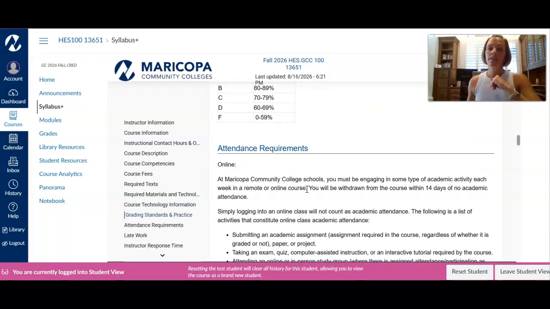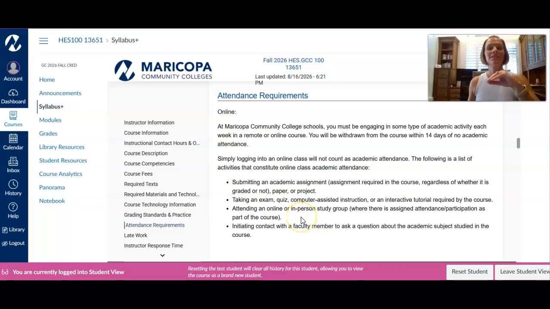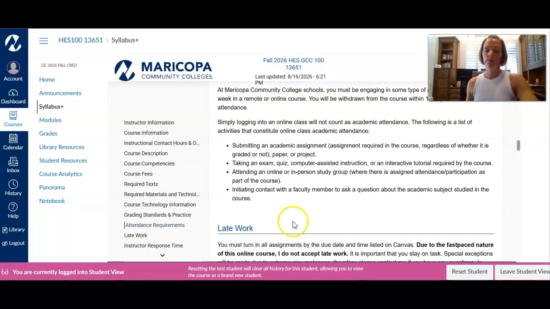Standard grading practices in this course. Attendance: because this is an online course, please make sure you are being active each week. Being active doesn't mean logging onto Canvas. Being active means that you are turning in quizzes, you are turning in assignments, you are actively engaging in discussion boards. Okay. If you are not active for 10 days, I do have the ability to withdraw you. Generally, you will get a message from me. If you don't respond to that, you will be withdrawn from the course. So stay on top of things and make sure you're just keeping up with assignments.